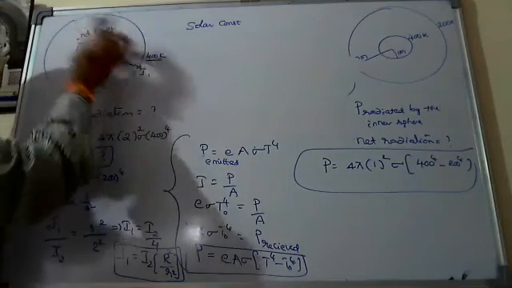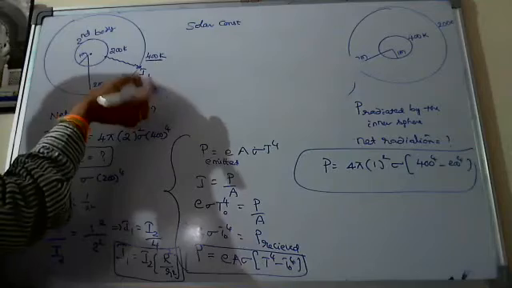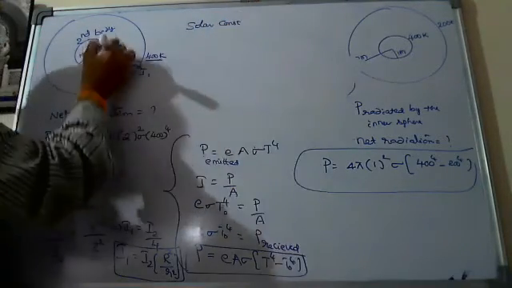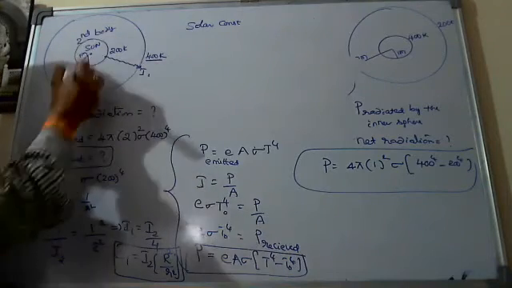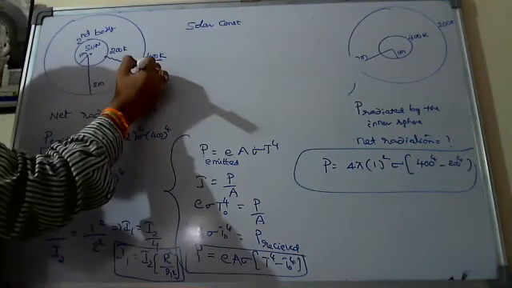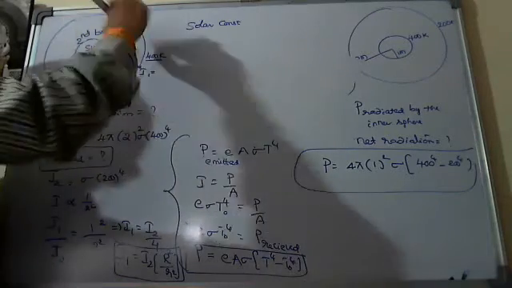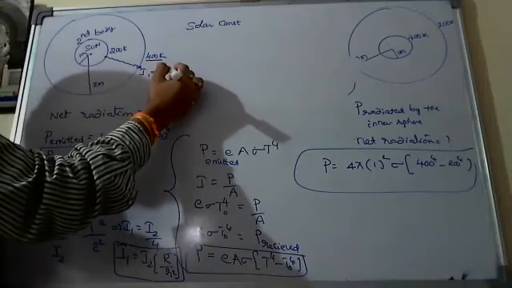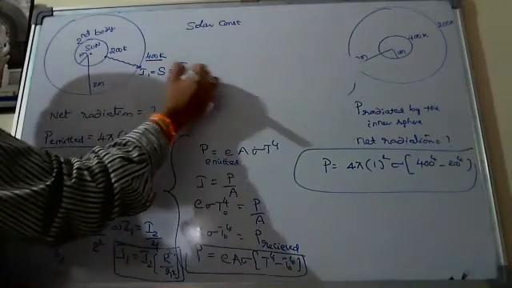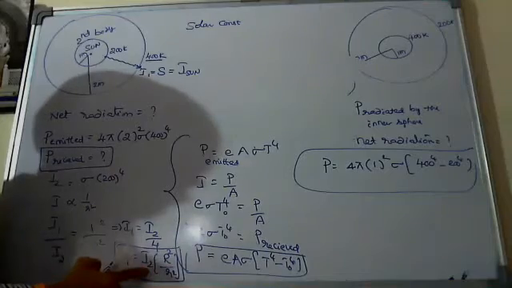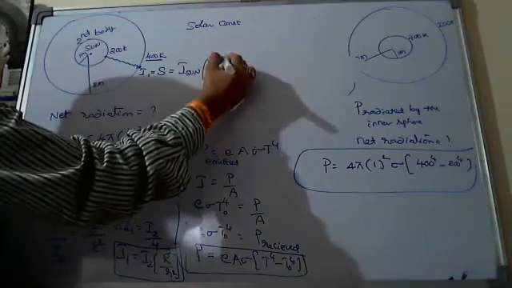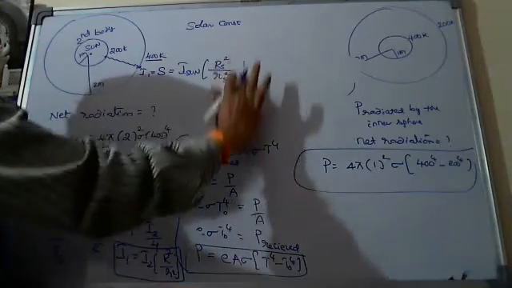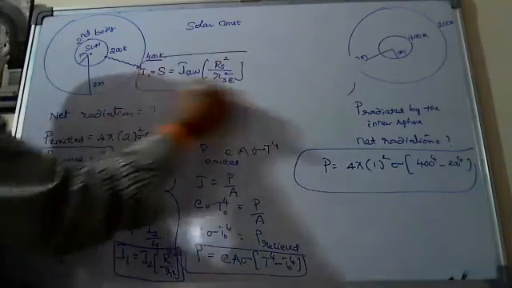at a distance from the sun, like at a point on the surface of earth, what will be the intensity? That intensity, considering the inner one as sun, whatever you are finding on the surface of earth, this is the orbit of earth and it is the earth here at a distance r. The intensity is the solar constant, which equals intensity radiated by the sun into radius of the sun square by distance between sun and earth square.